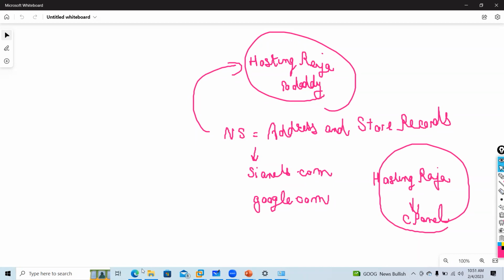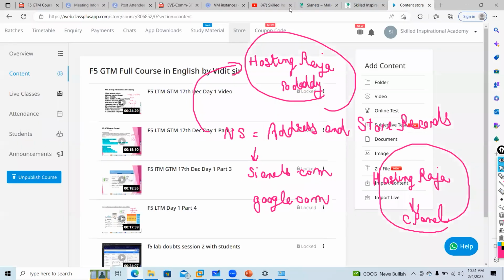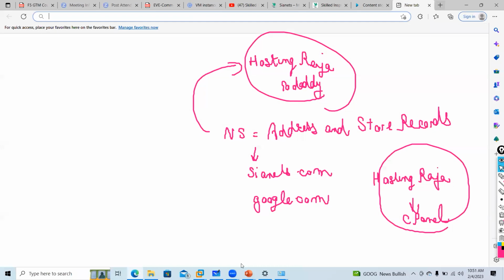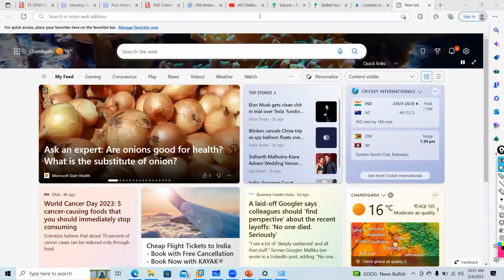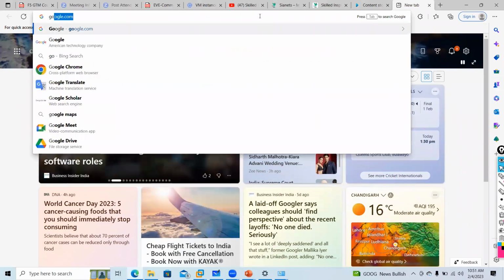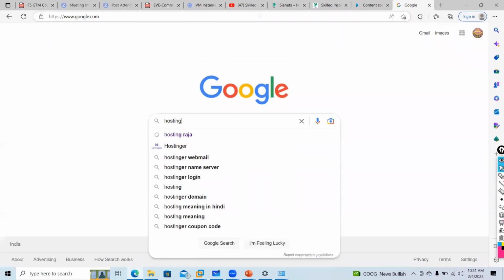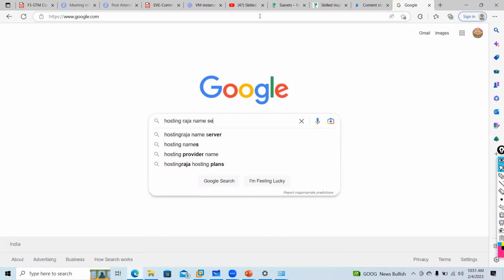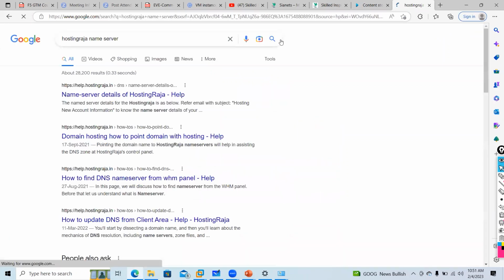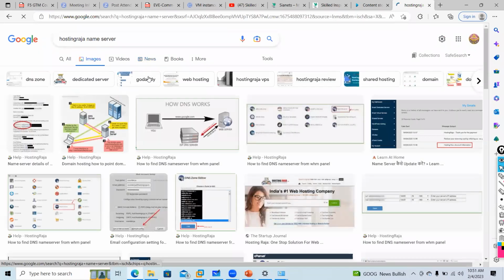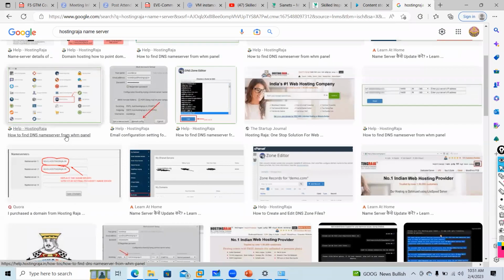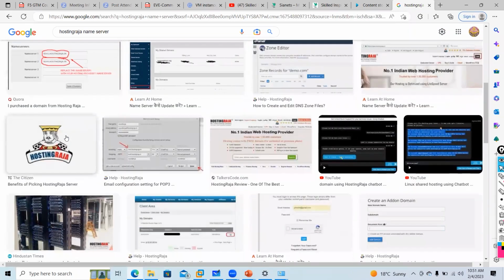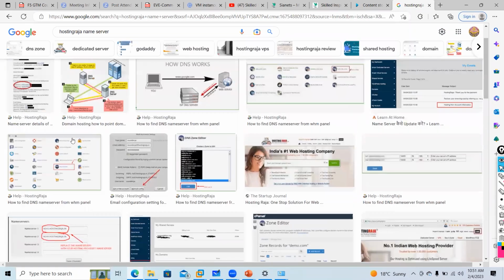I will go into google.com quickly and I will show you. You can just type Hosting Raja name server, then go to images. I will show you how it is.